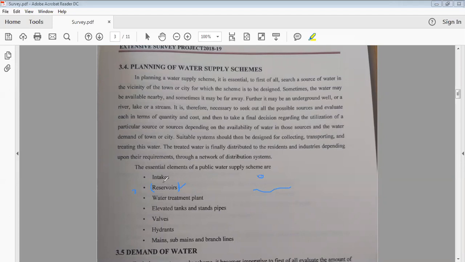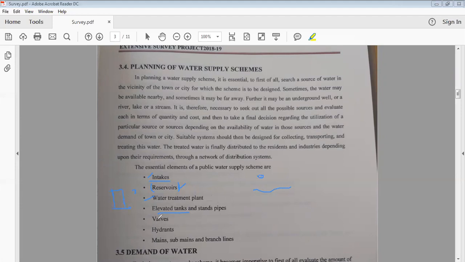Okay. So as you know, first we build the intake structure. Here, somewhere we are drawing this. I don't know whether we have built an intake structure there, but let's see. We plan this also. Then the next part is we have to design the water treatment plant. After that, we design an elevated tank or any higher elevation tank to store the filtered water. That is the overhead tank we design. I think you already did that, right?